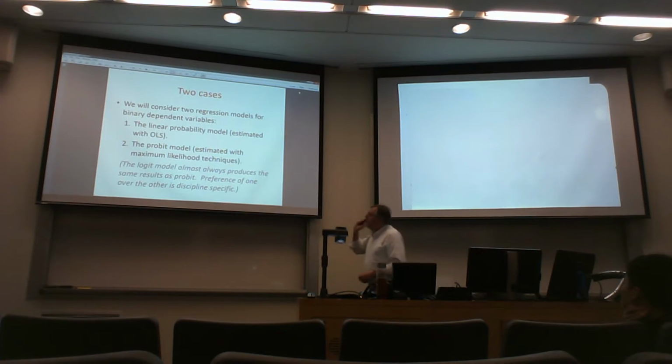Now we're going to look at 2 different ways to handle that kind of data when it's a left-hand side variable, a dependent variable. The first is what we've been doing since the beginning of the semester, just ordinary linear regression, the way I described before. The second way is probit. Now, also there is one more method,